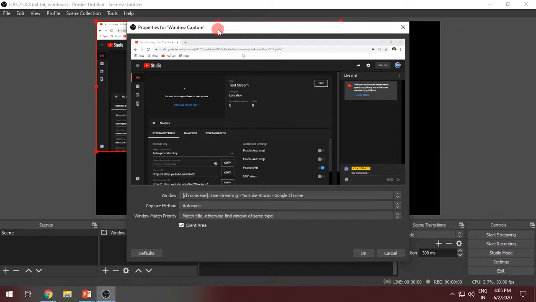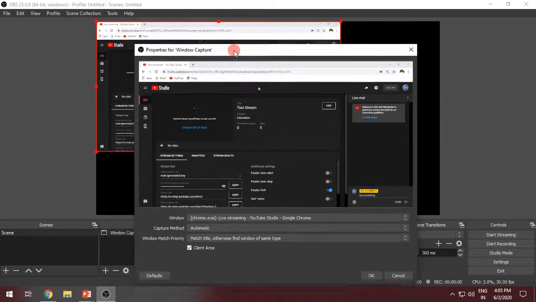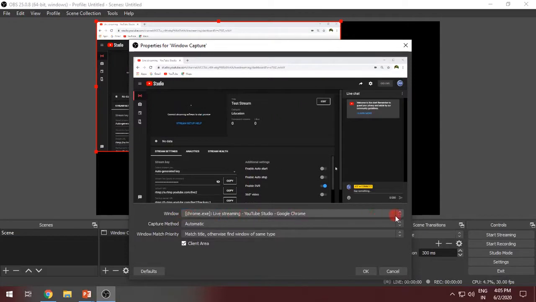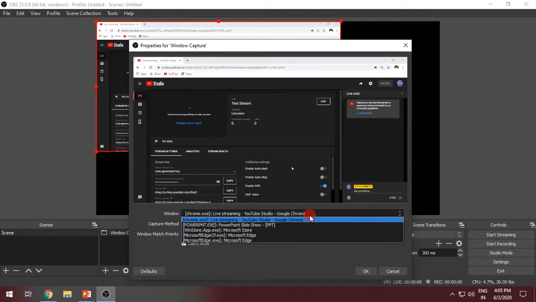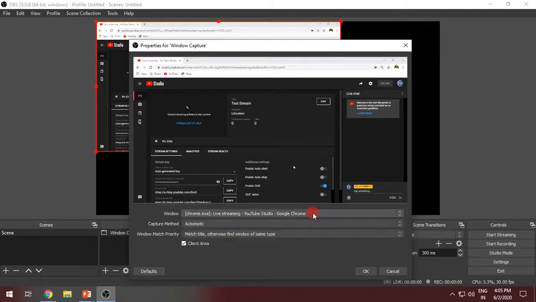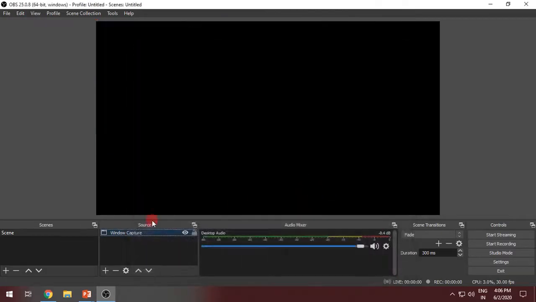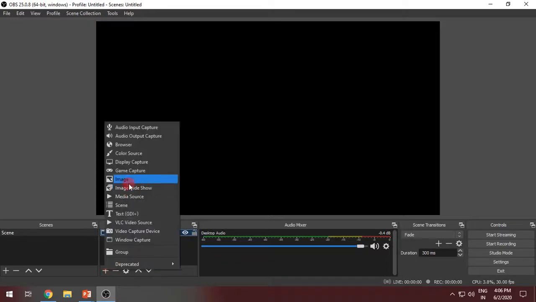Now you can see there is a window opened up, and there is an option here for which window you want to capture. Since I have my PPT open at the background, and I have the live streaming YouTube channel opened at the background, these are the default options that are taken care of. So if you have multiple files open, it will automatically detect them here. Fine. So what you have to do is, if you want to live stream my web camera, I'll go back again and I'll say video capture.